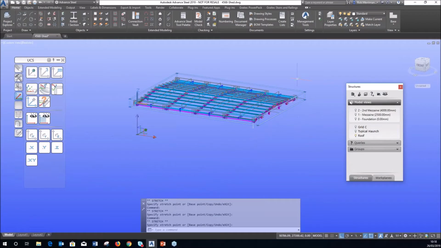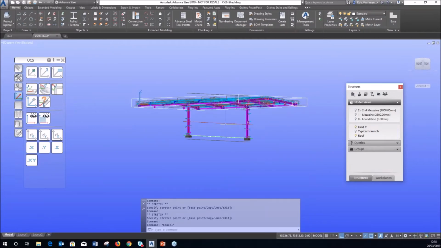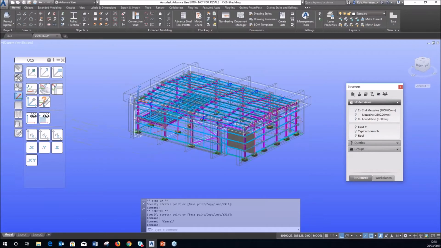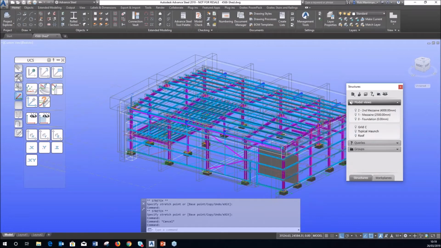And like I said, you can have multiple model views on, so we can turn grid line C on with the roof, and it will isolate just those 2 particular model views. So it's a lot more powerful than using the isolate commands in Advanced Steel, especially when you've got a complicated model like this. The last one we can do